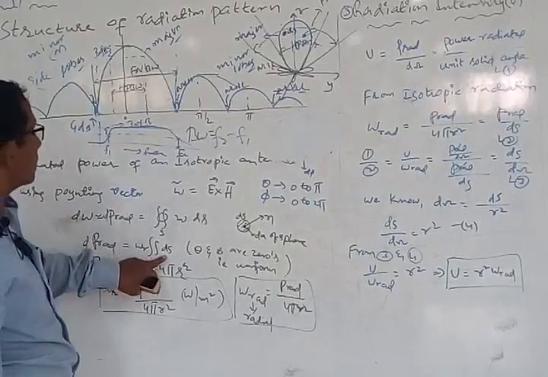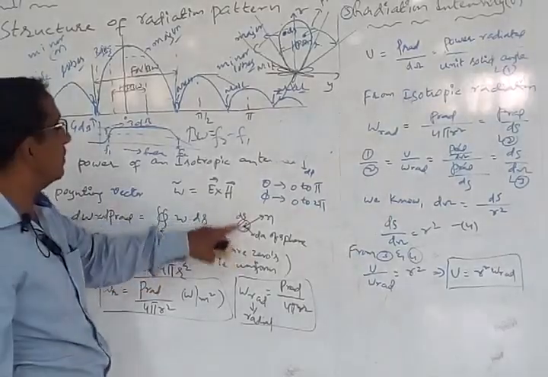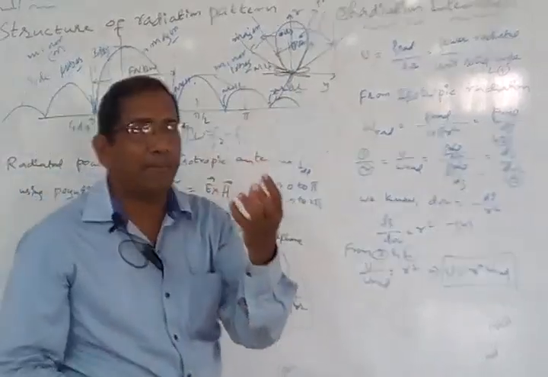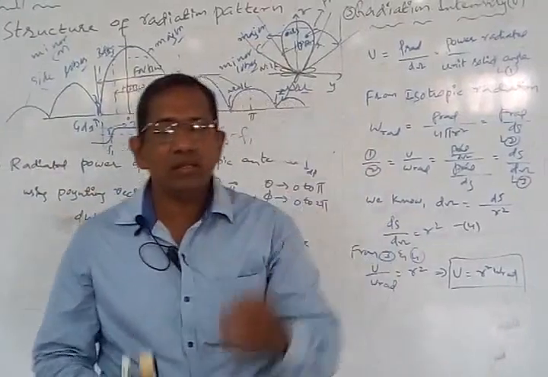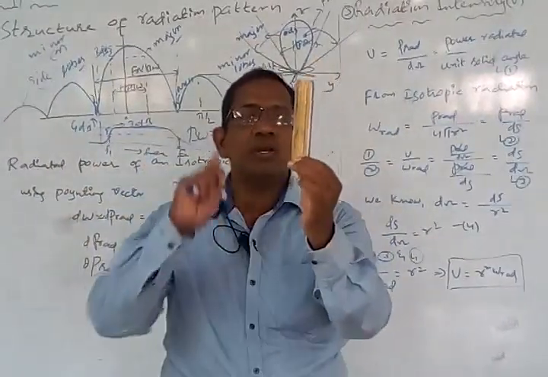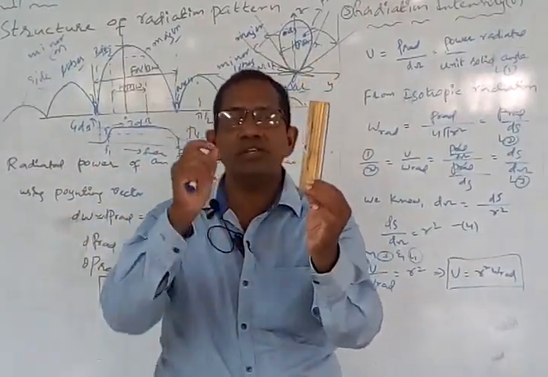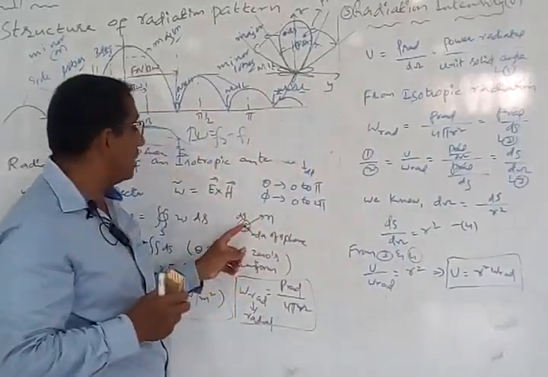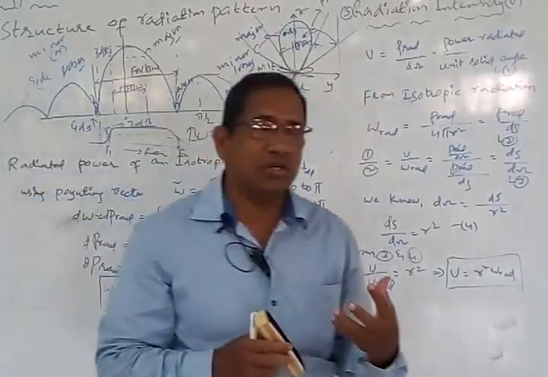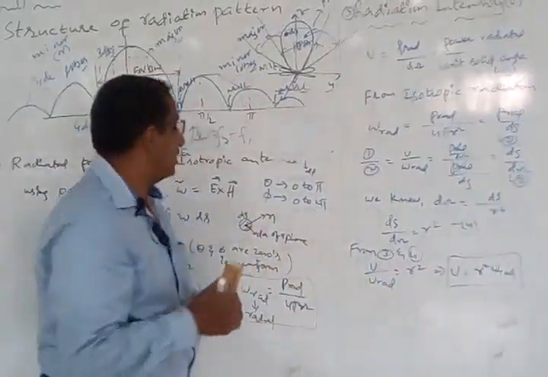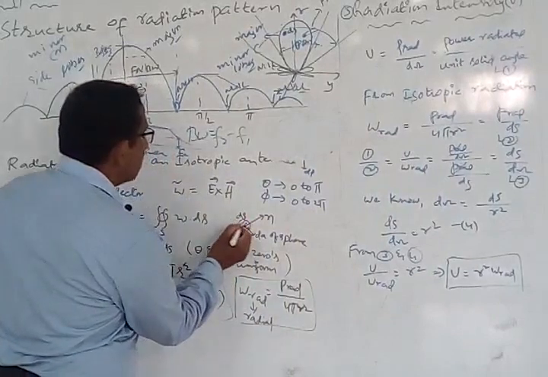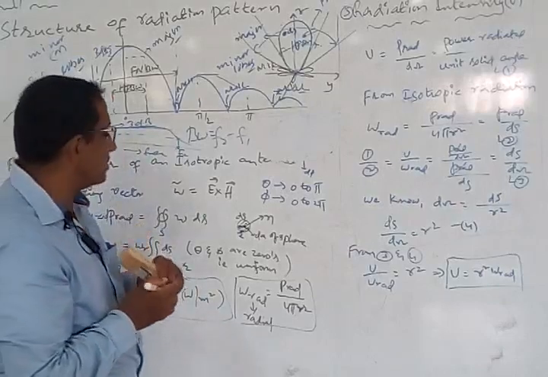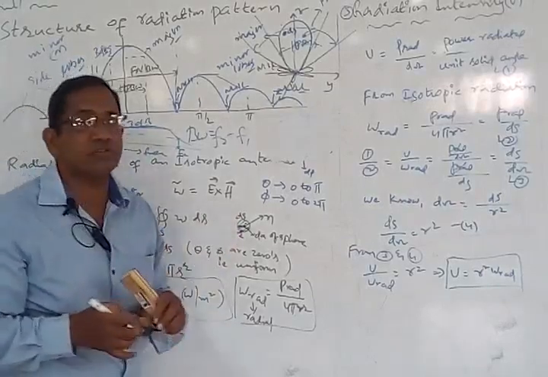Now this is nothing but actually the sphere. What is this actually? It is a sphere. Why? Because we are considering this point in a sphere. Our antenna is located in the sphere because we are considering a spherical coordinate system. So you have to imagine that this differential surface area is going to be the sphere surface area with the radius r. Whatever radius it has, that radius will be r. So with this particular radius r, we consider that as a differential surface area.